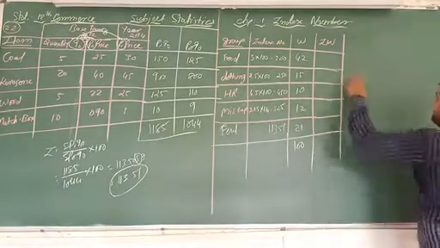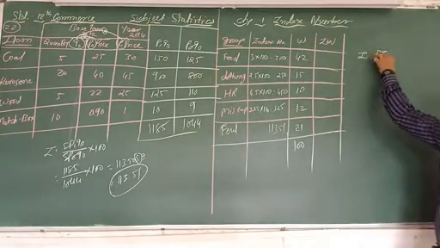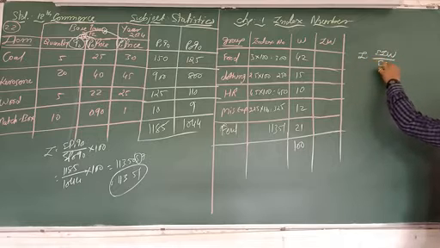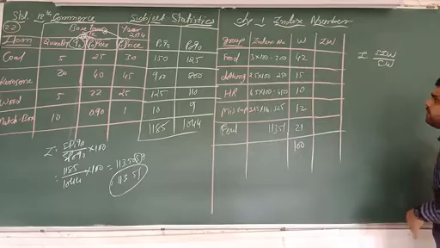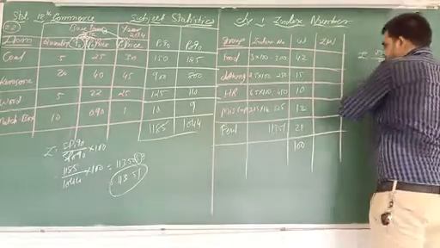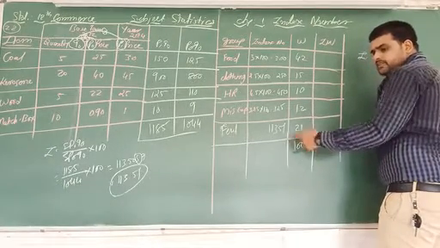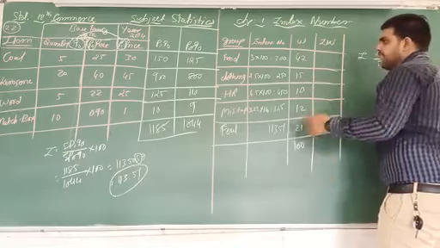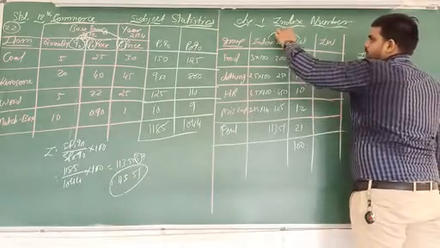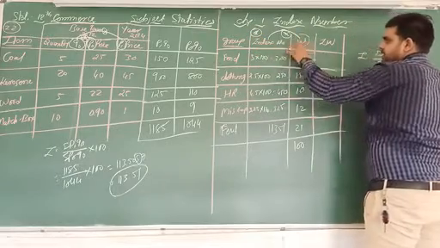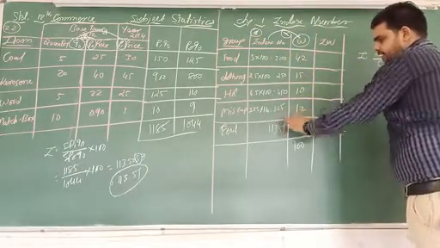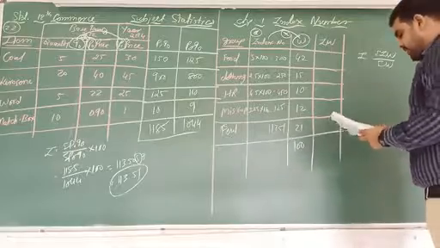Total family budget method: I is equal to sigma IW upon sigma W. This is the formula. Now what do we have to do? The total W is 100 because it's in percentage form, as well as IW. So we multiply the whole thing, because this is I and this is W. We do the multiplication of both.